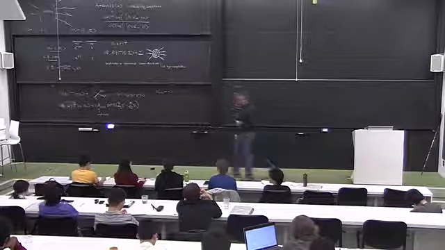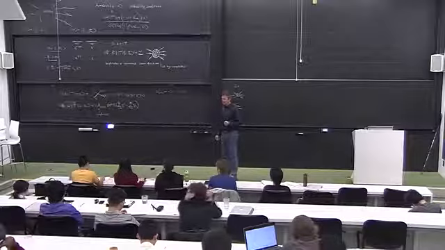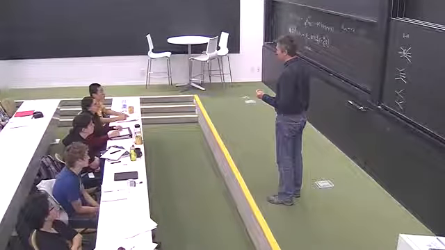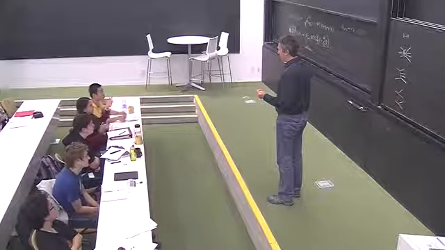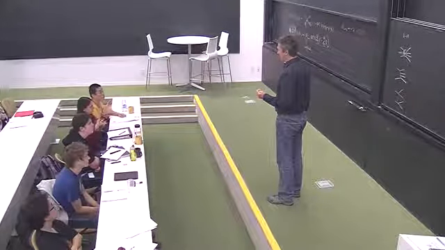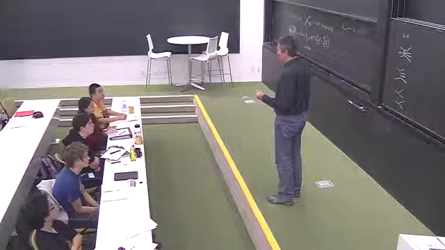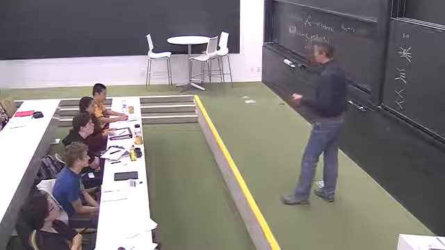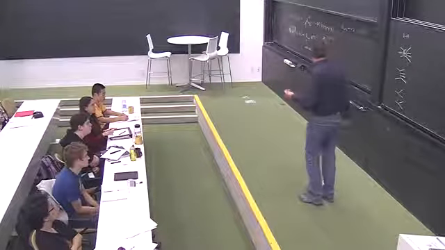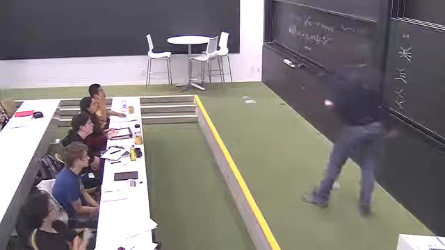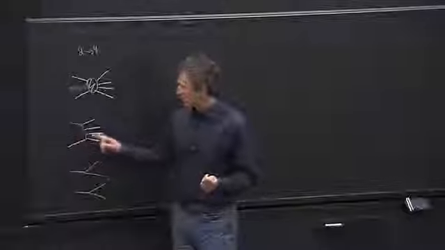Yes? So when you say amputate the external legs, do you mean draw a diagram that's the same as that diagram, but in which the external legs end on external points, and then write the momentum space expression that corresponds to that second diagram, and then just take the coefficients in that diagram? Yes, absolutely. So, right, so in all of these diagrams,